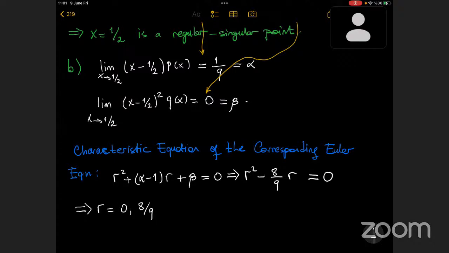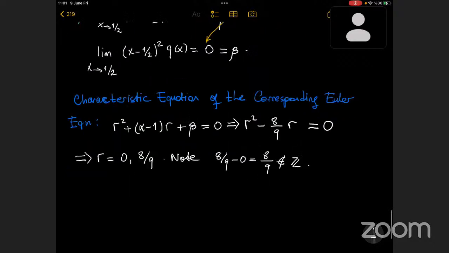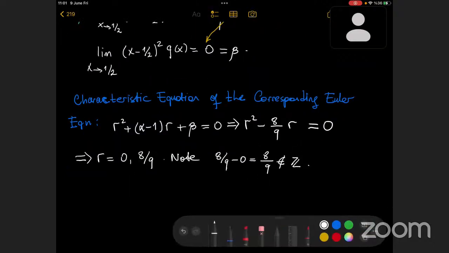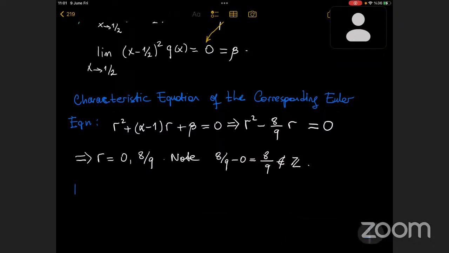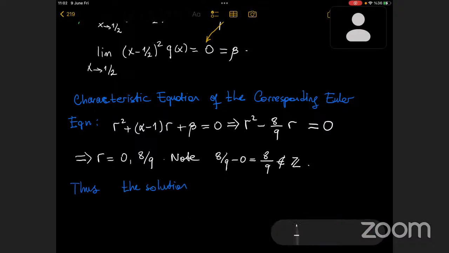And remember, in the case where the difference is non-integer, we can write the power series solution. Note that 8 over 9 minus 0 is 8 over 9. It's not an integer. Eğer bu tam sayı çıkarsa o zaman bunu yazamıyoruz. O durumda çok ilgilenmiyoruz. O zor bir durum. Thus, the solution. In this case, the solution nasıl oluyordu? y of